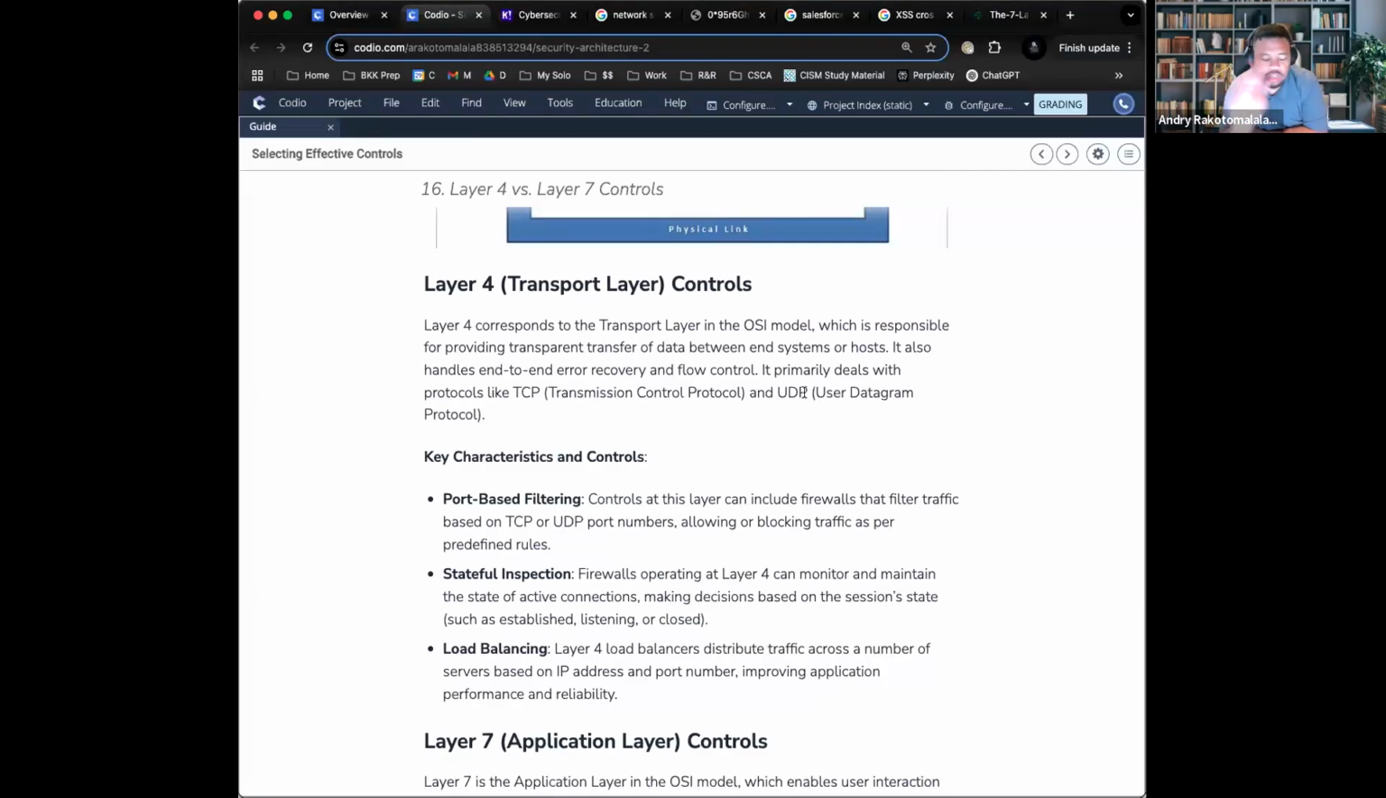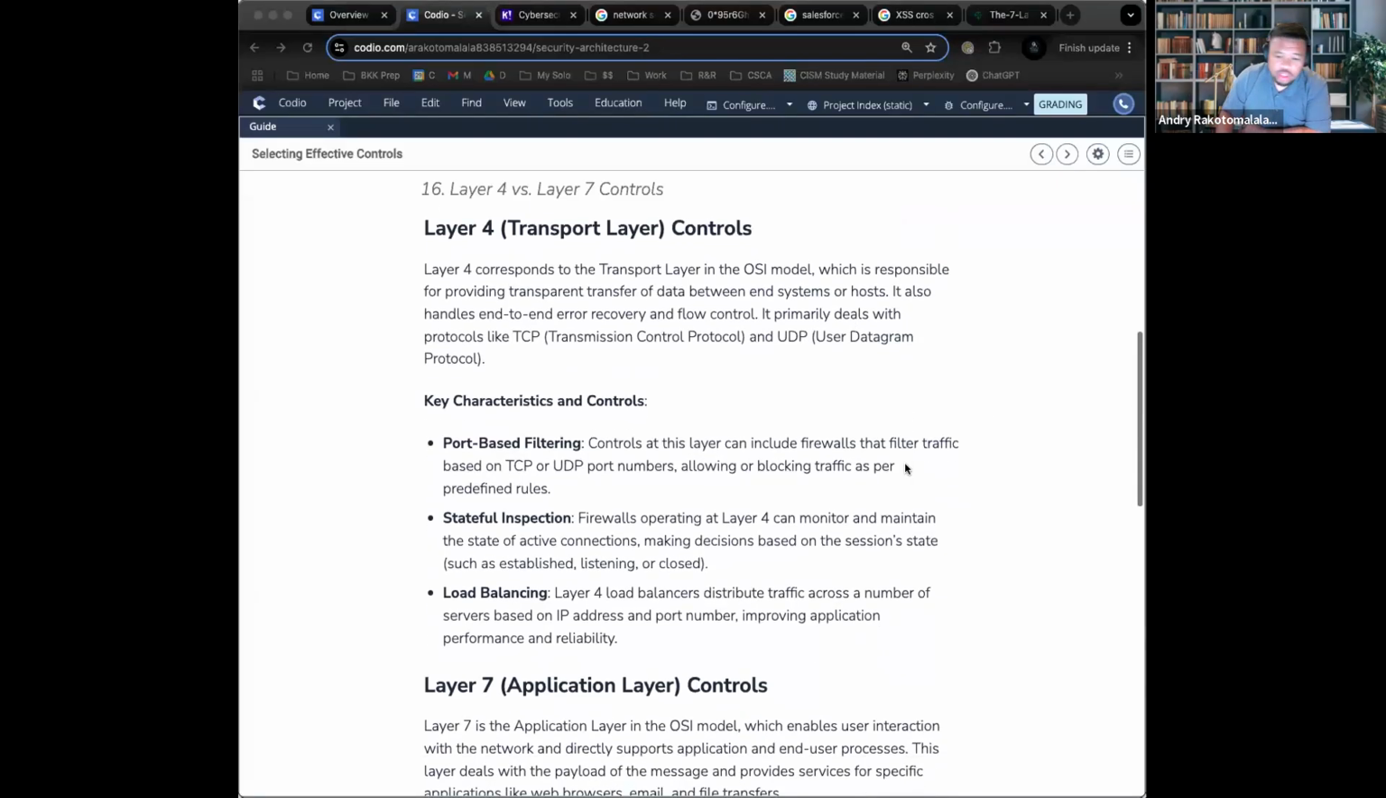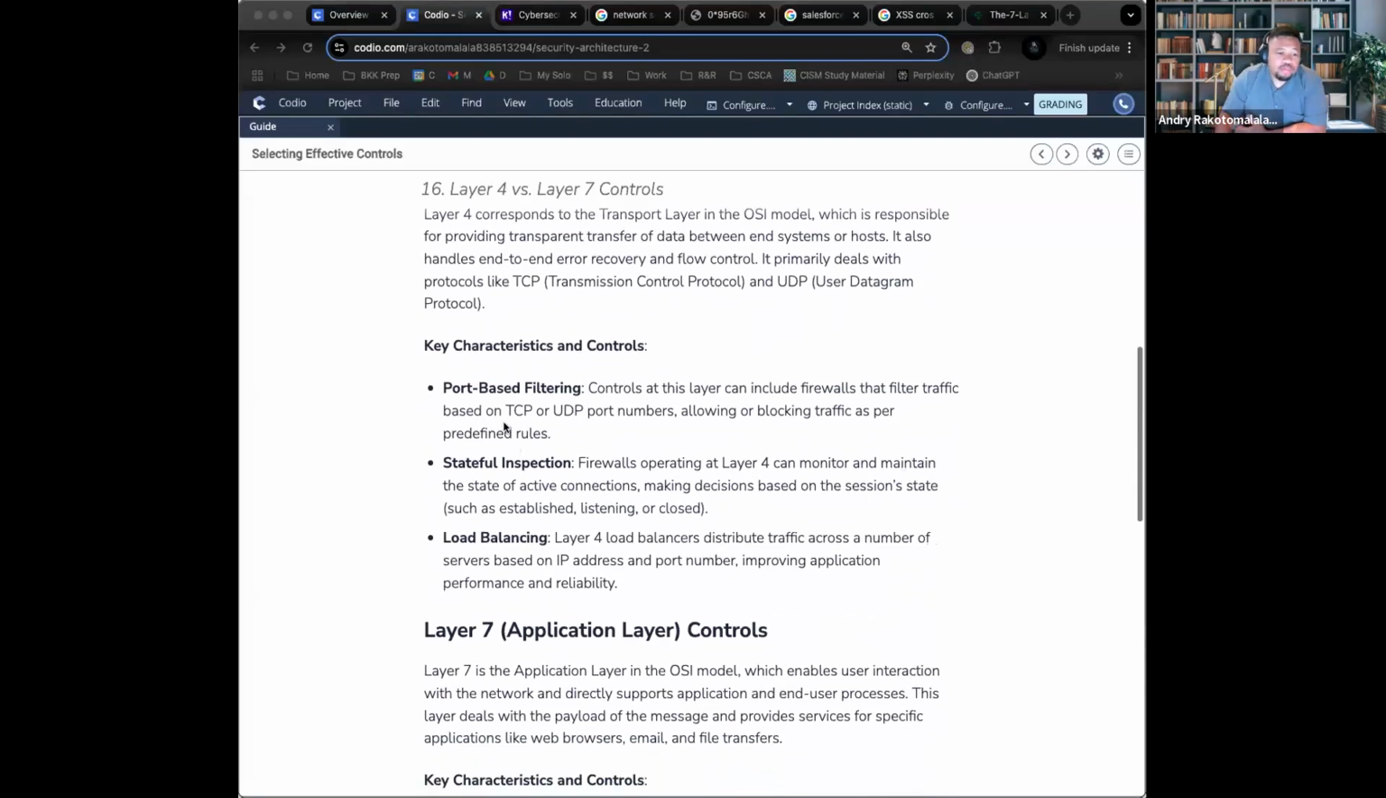You just send the data and you go. TCP is secure because it does a three-way handshake. So layer 4 operates and mainly focuses on TCP transportation. Okay. So what are the characteristics? Well, you have port-based filtering. What does that mean? That means that it only